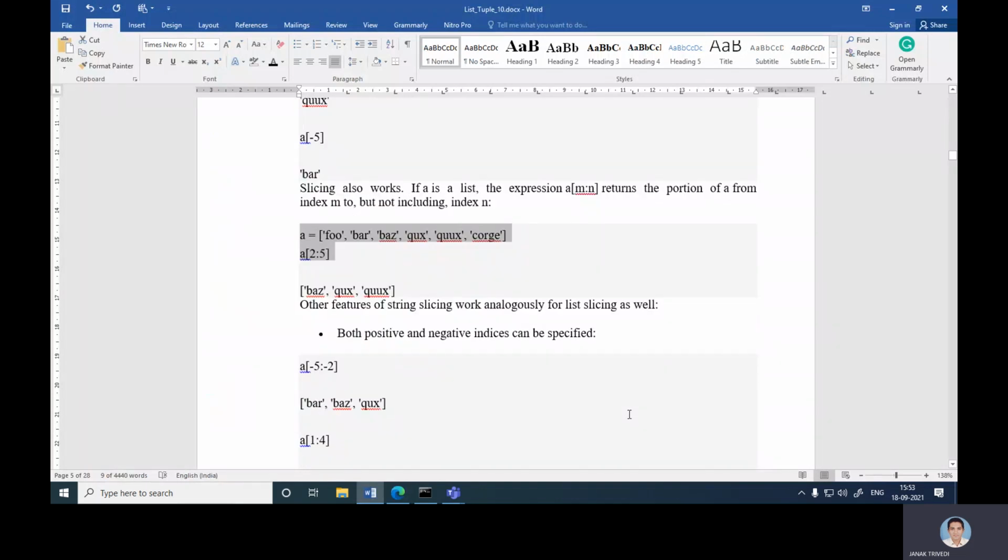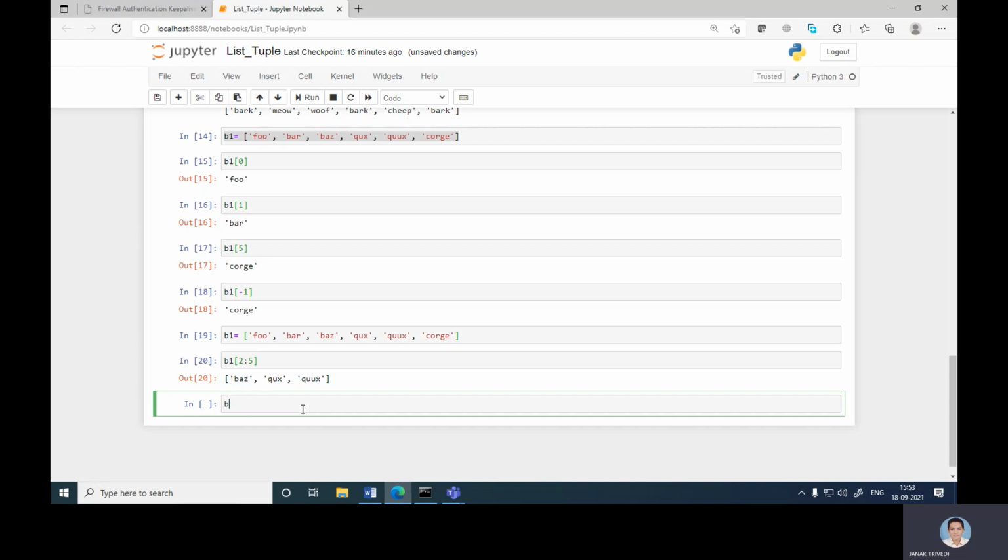Other features of string slicing work analogously for list slicing as well. Both positive and negative indices can be specified. In a similar way you can index negatively, like b[-5:-2]. So -1, -2, -3, -4, -5.